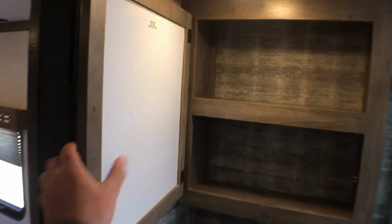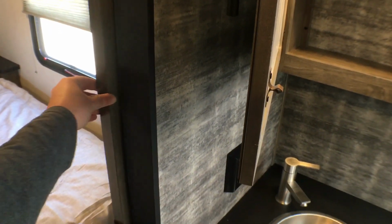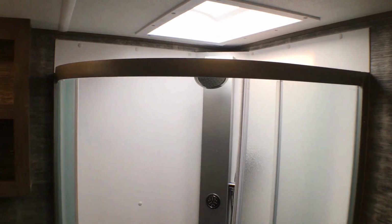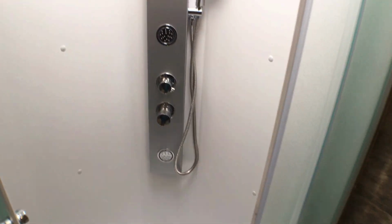But look up top here, you'll notice the nice medicine cabinet, and that does have a mirror on it. There is a pocket door in here to separate off the bedroom from the bathroom. So it is a Jack and Jill style bath. You have 6'5" interior headroom on the upper decks of these Vengeances. You're going to have the larger neo-angle shower, awesome little spa-inspired